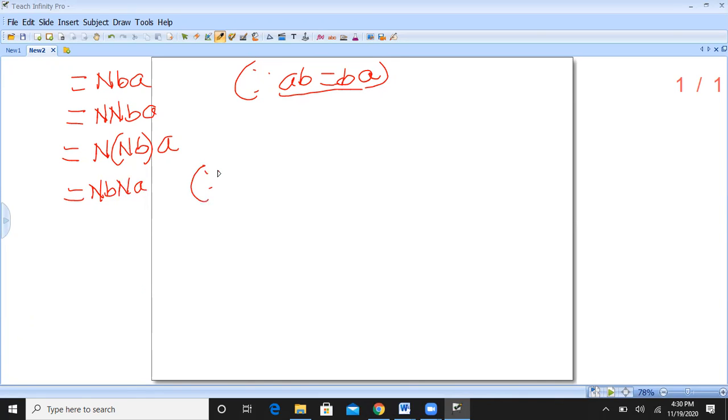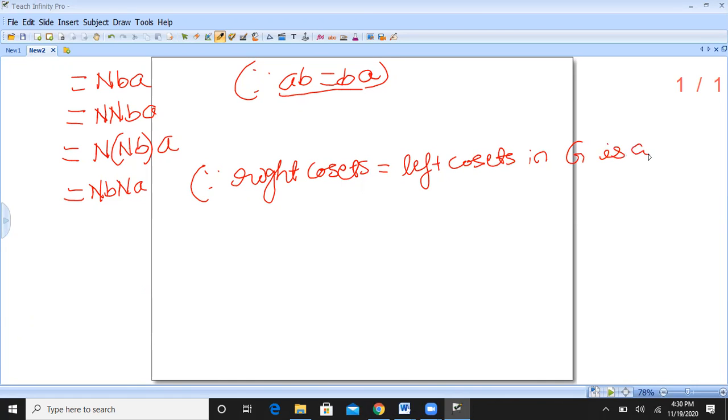Why do we write this? Because in an abelian group, the right coset is equal to the left coset. So that is why we write this, right coset. In an abelian group, the right coset is equal to the left coset. Okay, therefore right cosets is equal to left cosets when G is abelian. That is the meaning. Okay, so therefore